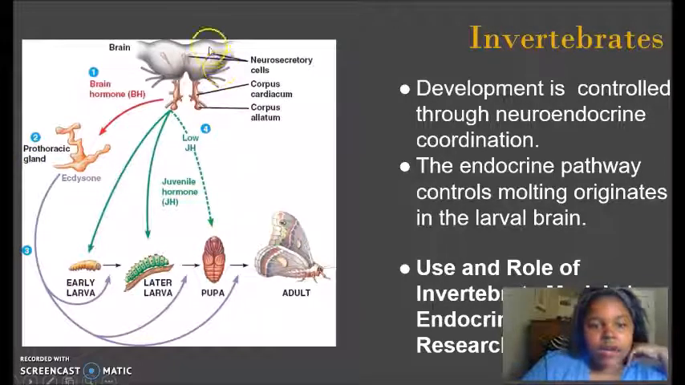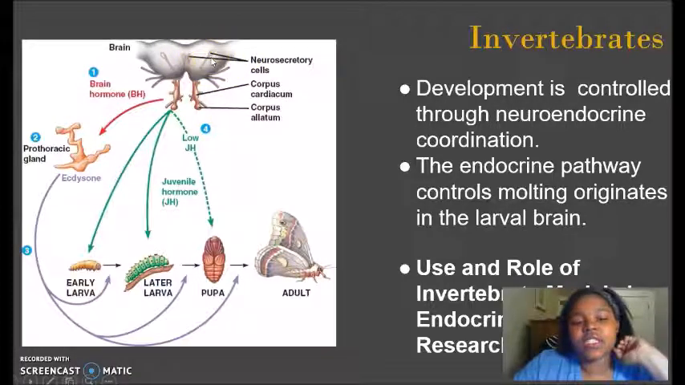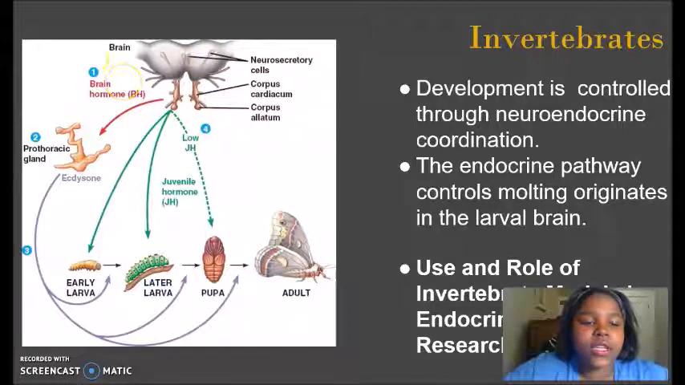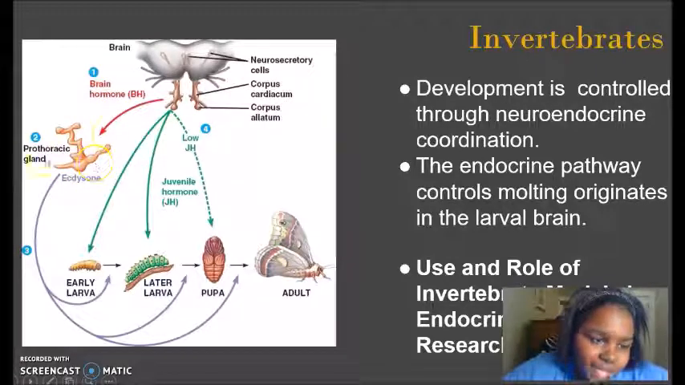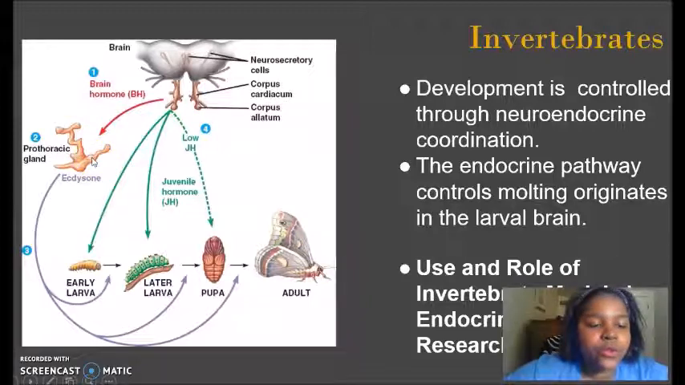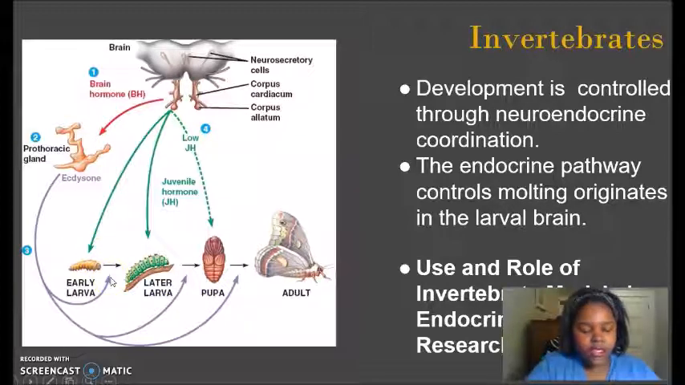So first I want to talk about the neurosecretory cells. The neurosecretory cells hold the different hormones, and in this case it's holding the brain hormone. The brain hormone is secreted and it's sent to the prothoracic gland. In that prothoracic gland, it has the ecdysone. The ecdysone goes to the early larva, the later larva, and the pupa,